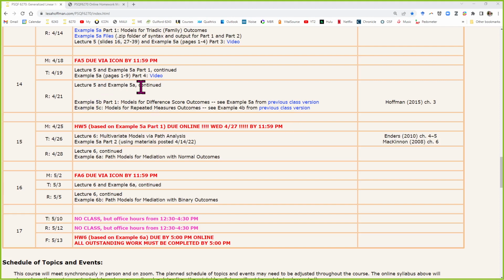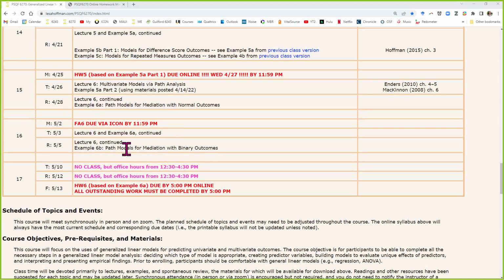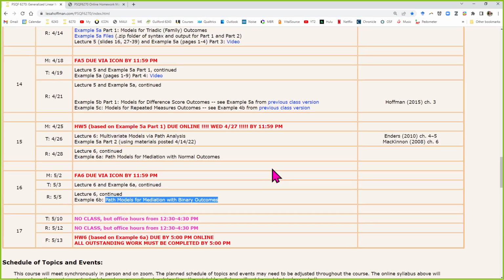However, example 5A does have R for both the multivariate section and the path analysis section, which I called part 2, which we'll do next week. And all of the path model stuff that I'm working on now will have R if possible. So I'm building example 6A with 4 different packages because SAS, Stata, R, and Mplus will all fit path models with the multivariate normal assumption. The last one, however, I think is just going to be Mplus based on the capacity to use full information maximum likelihood, but I'll have to verify that. So I am working on that.